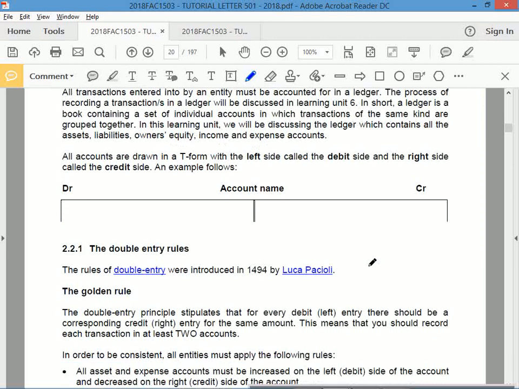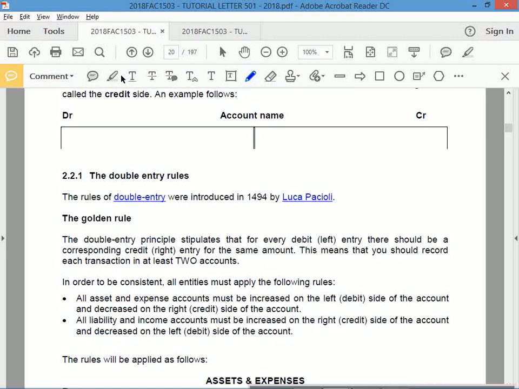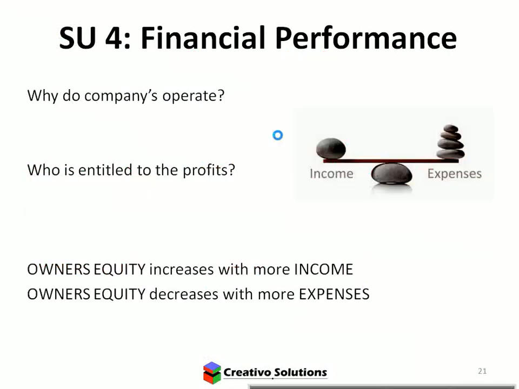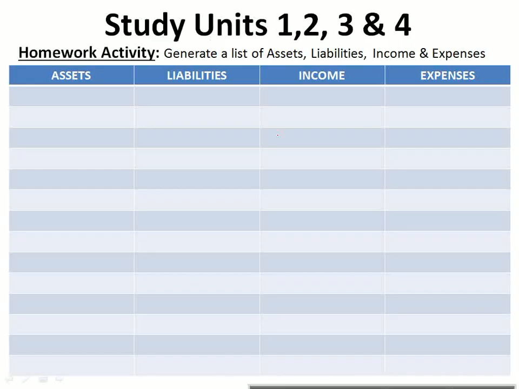Okay, the double entry system we spoke about. There's the account. Nice, they've given a nice picture. There's the account name. Remember, debit refers to the left-hand side. Credit refers to the right-hand side, and that's it. Notice there aren't any pluses and minuses here because different accounts follow different rules. You have all 6 rules in your notes. This is what you study.